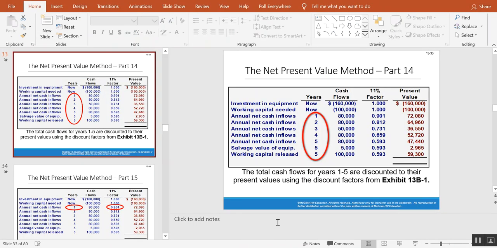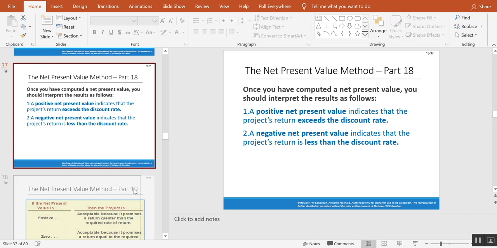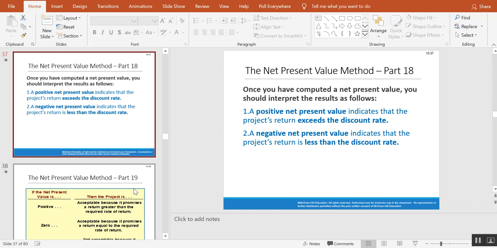And I wanted to mention that because having a cash flow that's not exactly even is always a possibility. We won't be doing many of these, and we won't have these kind of problems on the test, although a net present value problem is always a very real possibility on a test, but not where you have to calculate the cash flow for a period